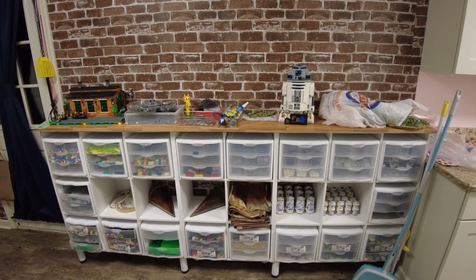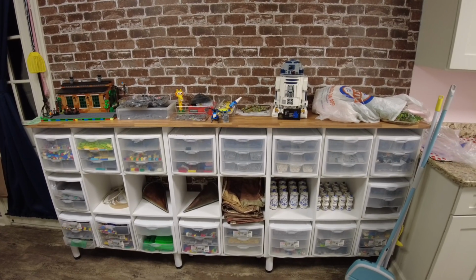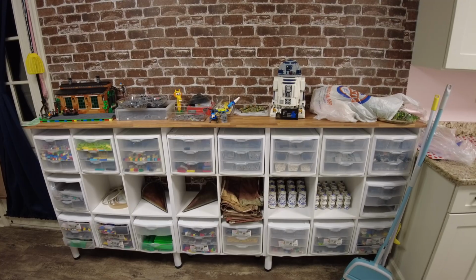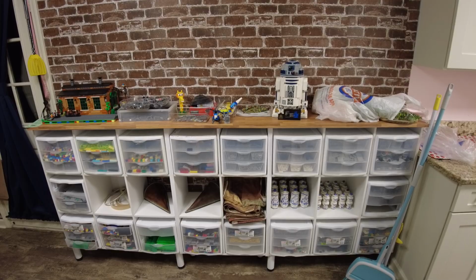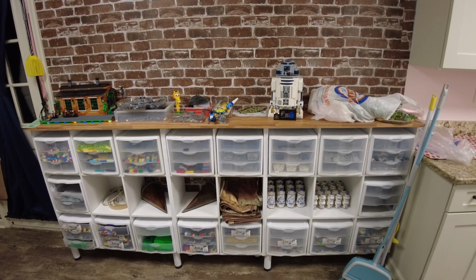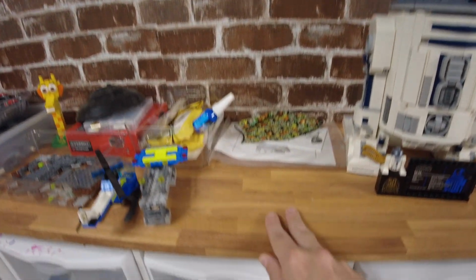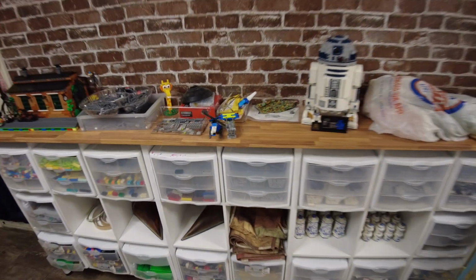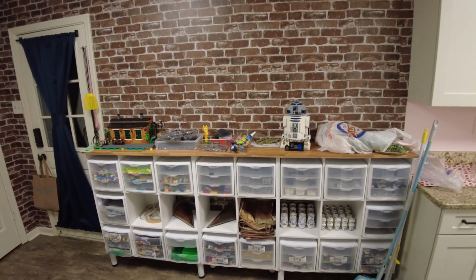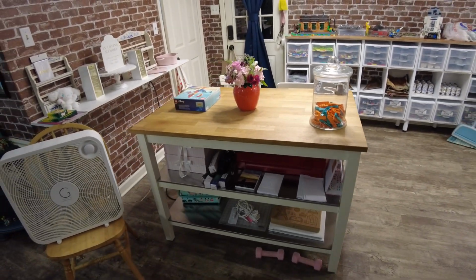It could be used for anything other than LEGO, but it uses 2 3x3 and 1 2x3 of the cube shelves, and then I just took a piece of wood and wrapped it in some wood material to make it look like butcher block, but it's not. And so I'm thinking about making this my filming backdrop, but also utilizing this island here as essentially my build